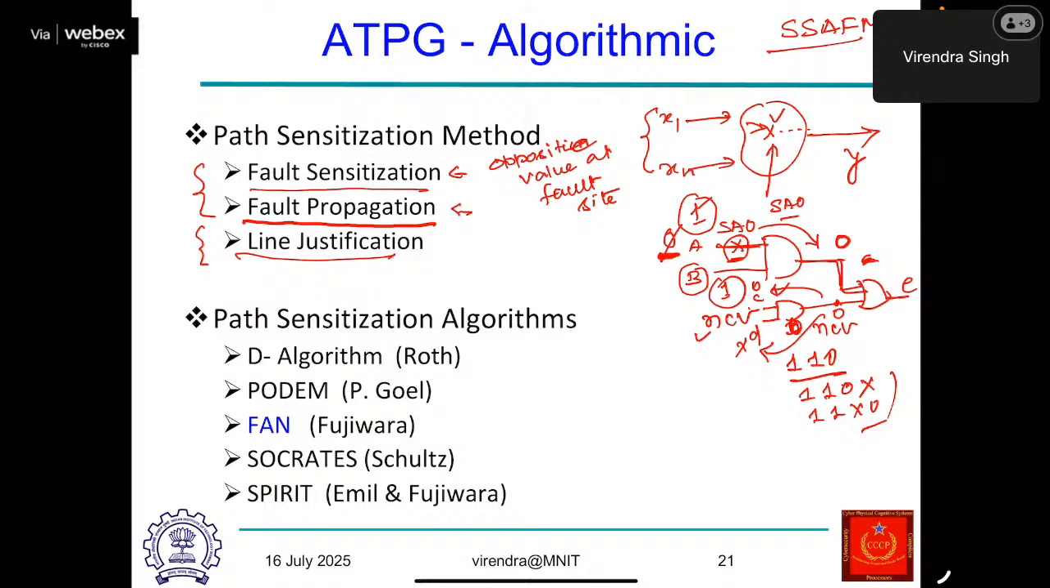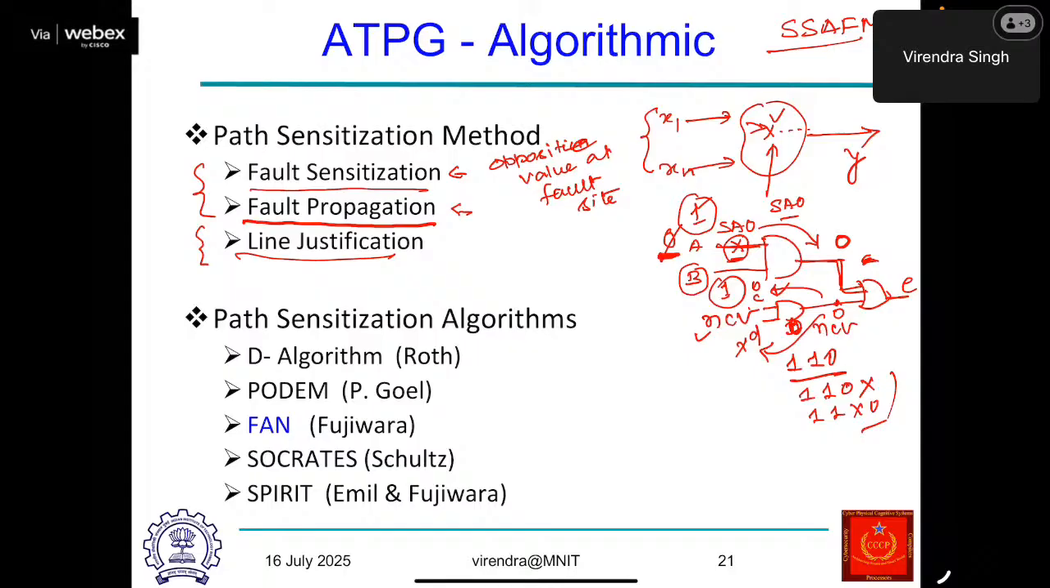This has two essential components. One is line justification, and the other is fault propagation. Both are decision making processes. For fault propagation, there may be multiple outputs, and you can propagate the fault to any of the outputs. Through some paths it is easy to propagate, through some paths it is difficult, and through some paths you may not be able to propagate, right? So if you are not able to, you have to make a decision about which path to propagate through. And if you are not able to propagate, you have to come back and